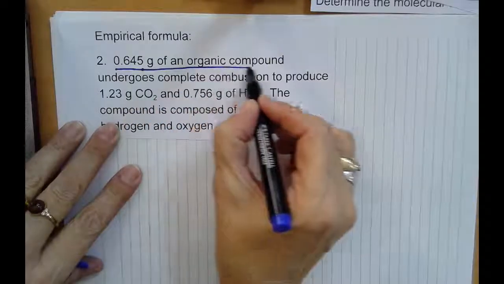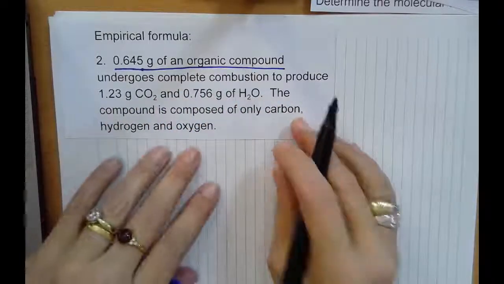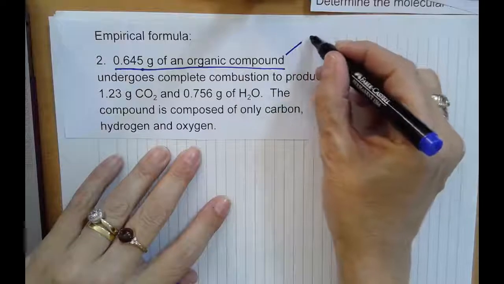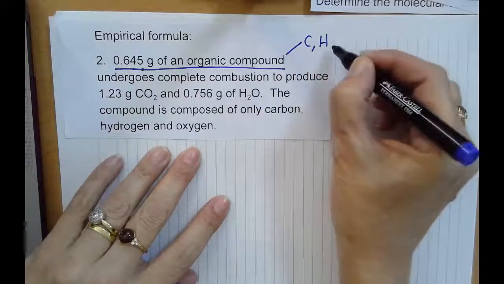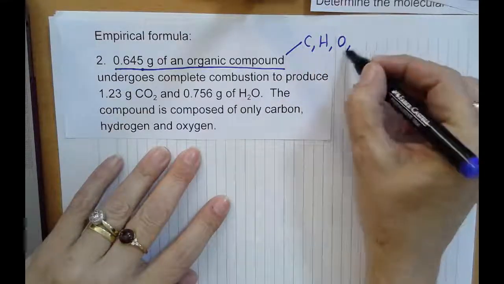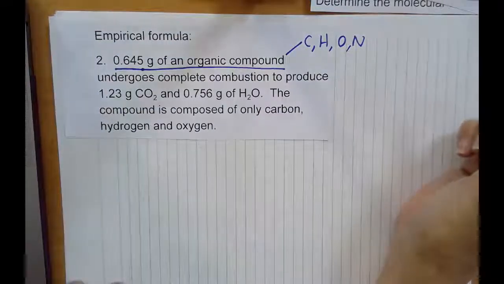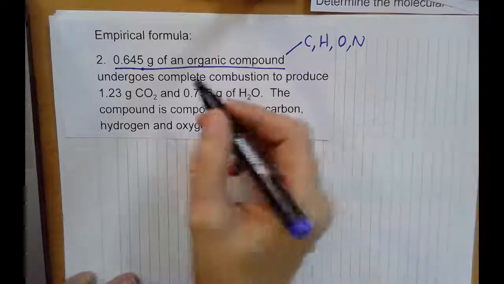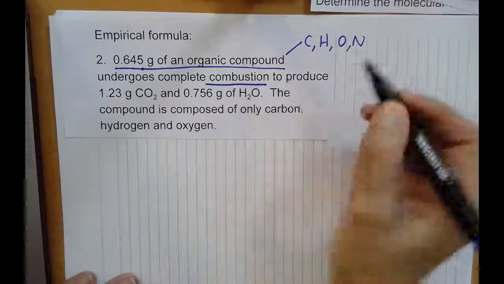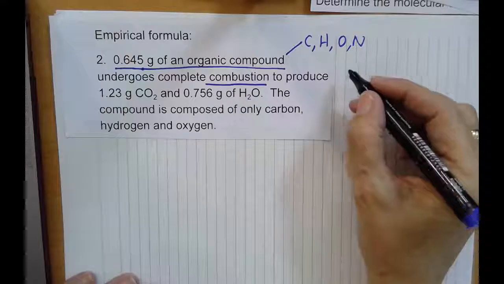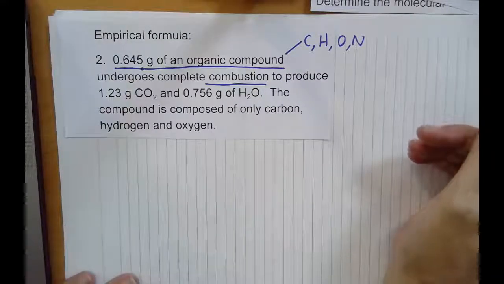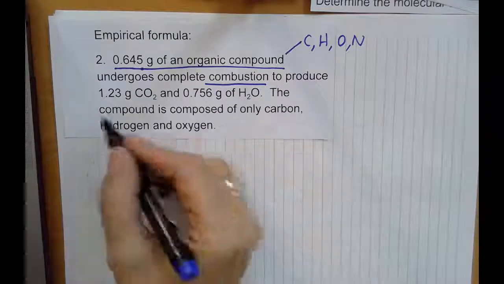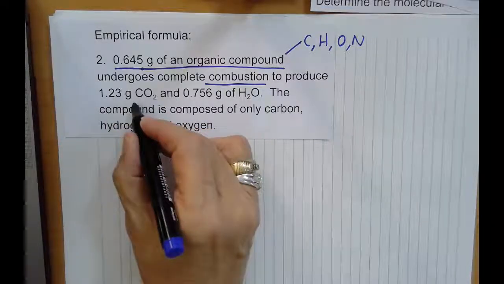0.645 grams of an organic compound. Organic compounds are compounds that consist of mostly carbons and hydrogens, also oxygens. Sometimes they can have nitrogens in them. In this case, it tells me that it undergoes a complete combustion. Combustion means that there is oxygen involved. It's burning in oxygen. And normally when you burn something in oxygen, your byproducts are two things: carbon dioxide gas